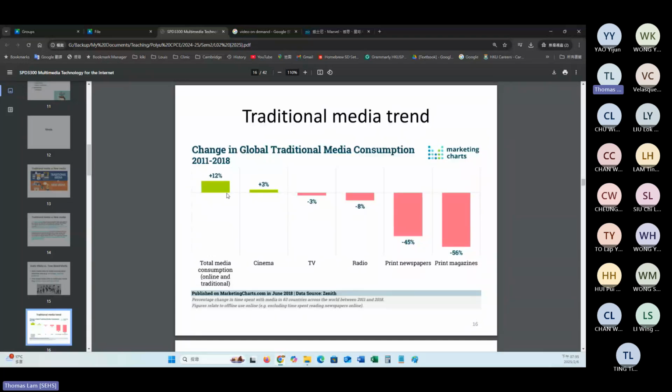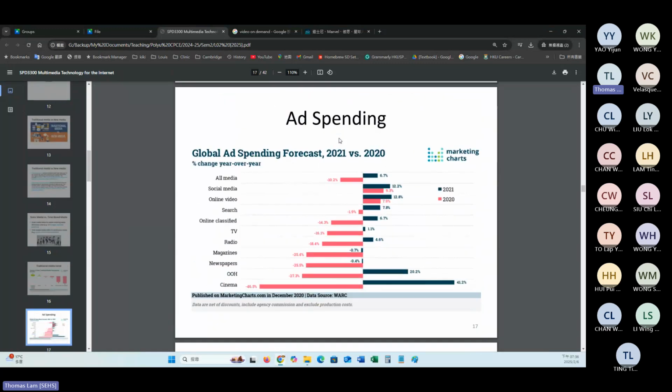Okay, but anyway, you can see the market trend has changed because the preference of the user, the customer, has changed. So therefore, it's really important that the traditional media is becoming obsolete, and the new digital media is dominating the market, and therefore it's quite important that we know how to make certain kinds of media with the proper tools.